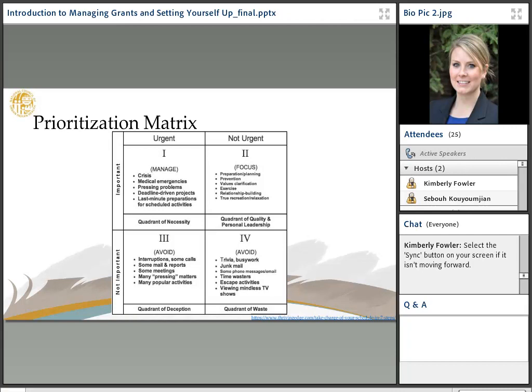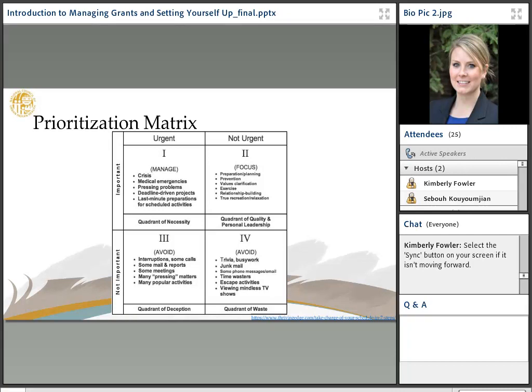I was familiar with having this quadrant 1, urgent and important, and then quadrant 2, important, not urgent, quadrant 3 being not important but urgent, and quadrant 4 being not important, not urgent. But I do like this one as it shows you a little bit more than your own management. So if it's in that urgent box, manage. So you want to manage that. If it's important but not urgent, that's where it really takes the focus. So preparation, planning, things that take a long time.